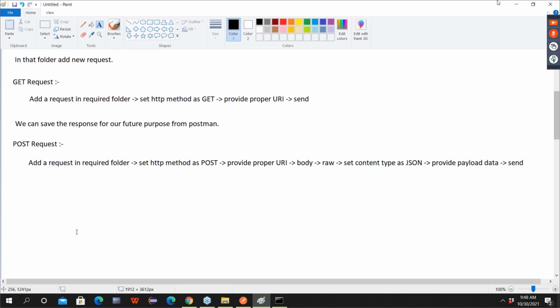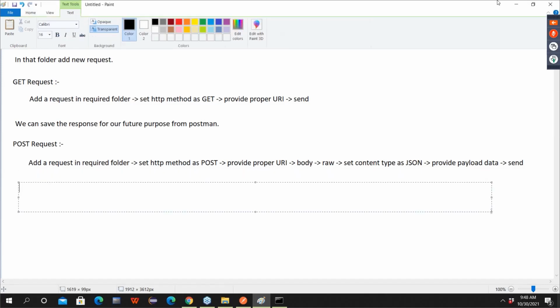Okay, so now guys, here we will see GET request and POST request. Try to understand one thing. We can add one point: for a GET request, 200 is the status code.